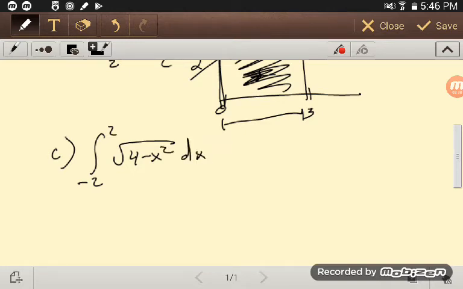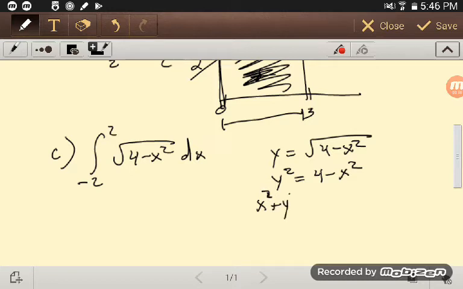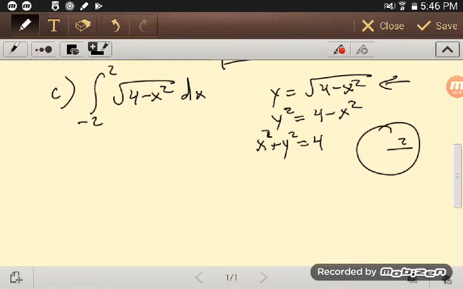Now, so this is y equals the square root of 4 minus x squared. Well, if I square both sides, this is y squared equals 4 minus x squared. Add the x squared to both sides, and I get x squared plus y squared equals 4. Oh, that's a circle of radius 2 centered at the origin. But since we have this, it's just the top half. And so,